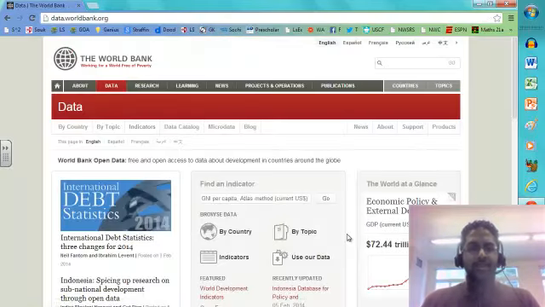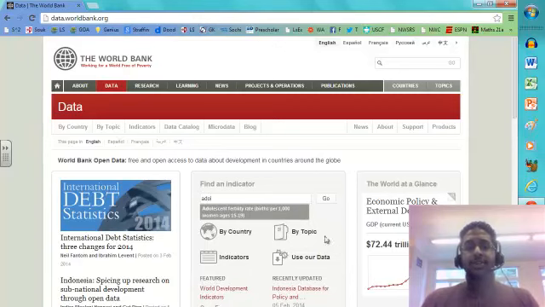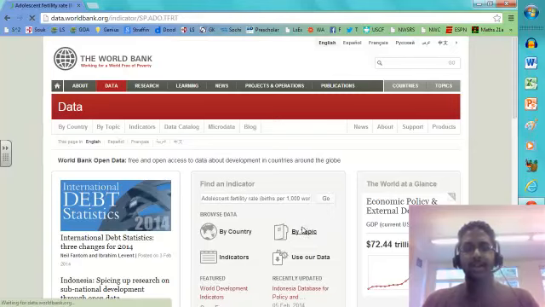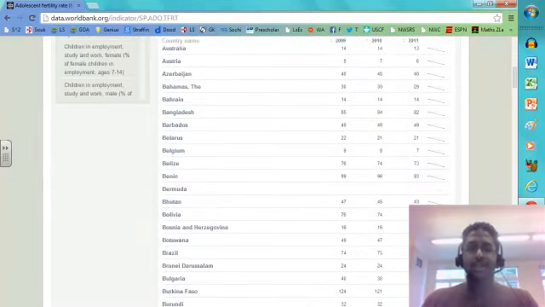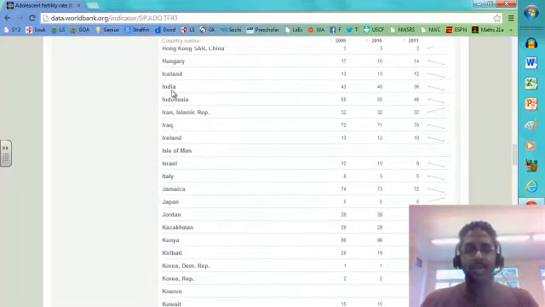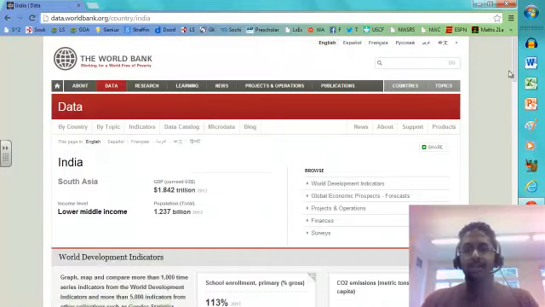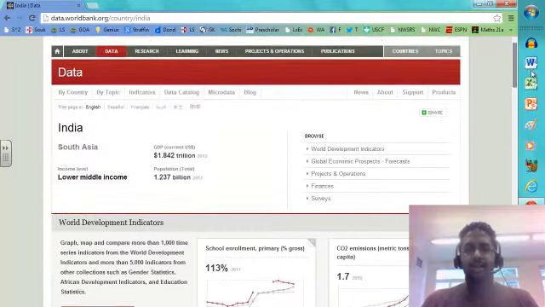Okay, so you've probably encountered this website before. So let's say, for example, you wanted to research adolescent fertility rates around the world and births per 1,000 women ages 15 to 19. So you hit go on there, find your indicator, and you'll end up with this nice little chart with all sorts of information. These charts are really, really nice, and let's say you wanted to look at this data for India. Click on India, and you can see here that you get these plots,